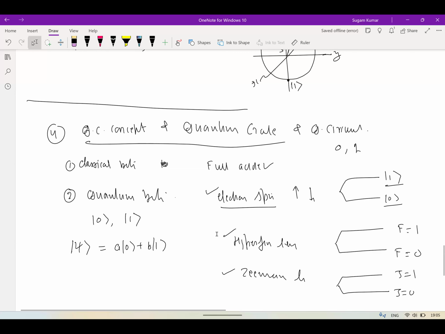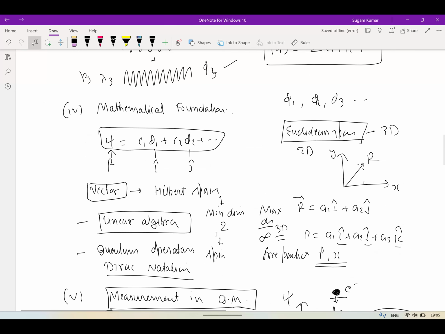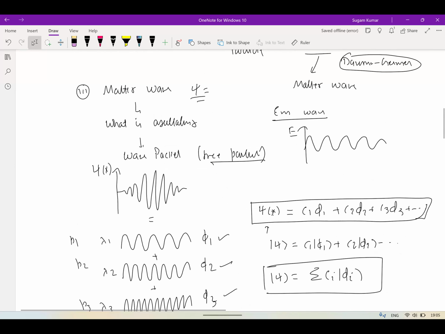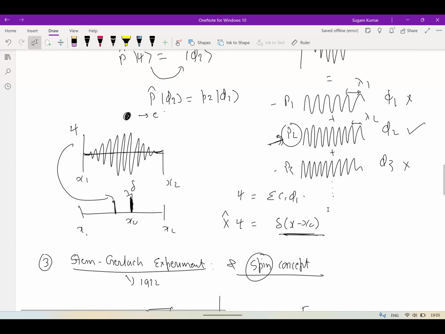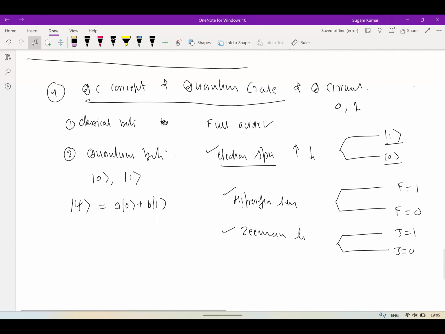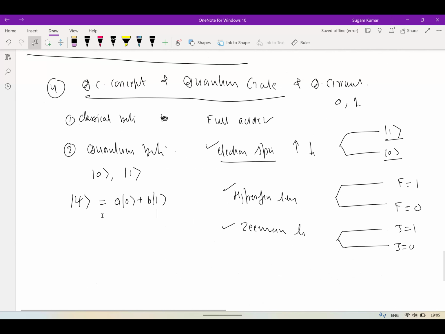For example, if you look back to our first concept where I talked about the wave packet, I told you that the psi x can be written this way for a discrete system. Of course, for a continuous one, we can put an integration. So this phi 1, phi 2, phi 3, they are called the basis states for n dimension. And here, for a 2-dimension or a 2-level system, I can write the superposition like a 0 and 1. So this is also a legitimate allowed state in quantum mechanics.